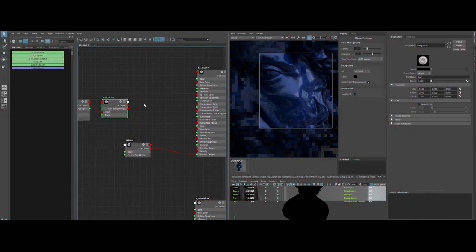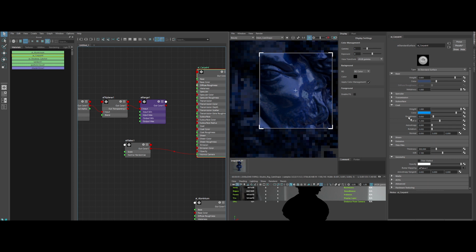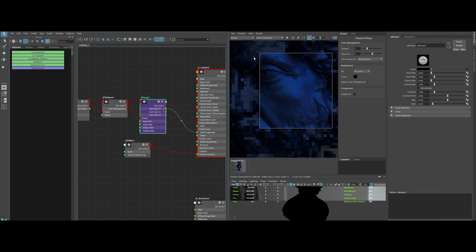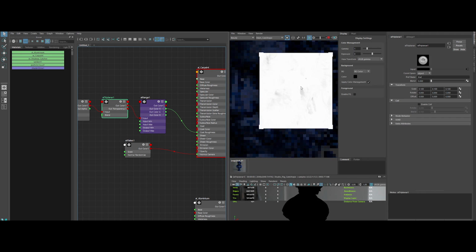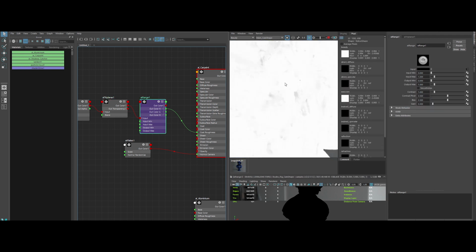Now back to the sweet shader. Now I'm using an AI range to remap the output value of the coat roughness. I'm looking at the value of the map in the IPR to match an output of 0.05.